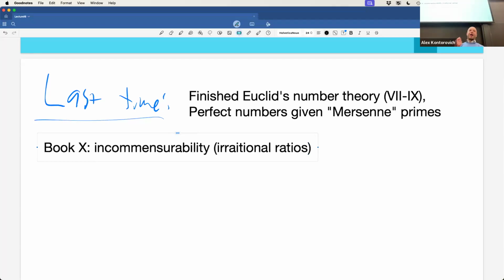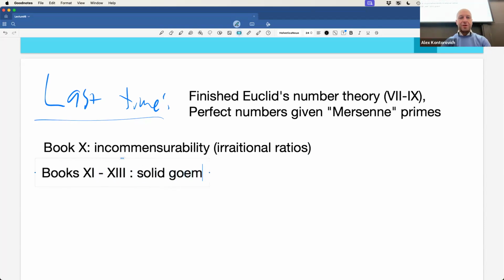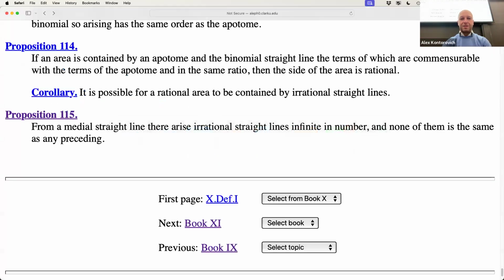Okay, so again, in that Pythagorean tradition, this book is addressing some very old things. We're almost there. That's book 10. There's only 13. So books 11 through 13 deal with solids. Everything we've been doing so far has been about plane objects. We finally get to some solid geometry. And let's just have a look at that.